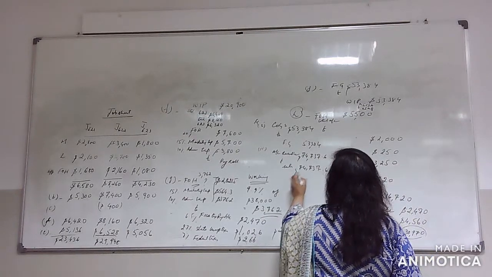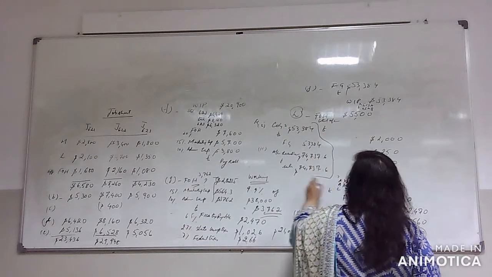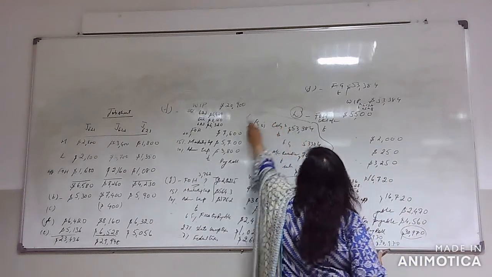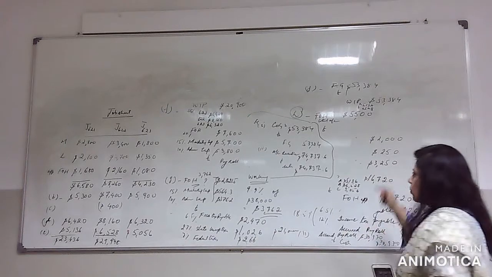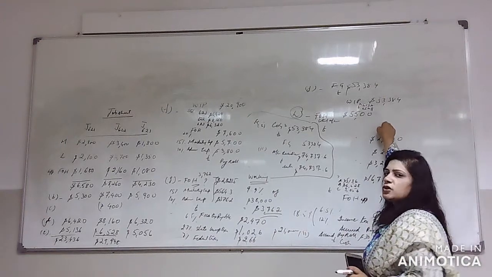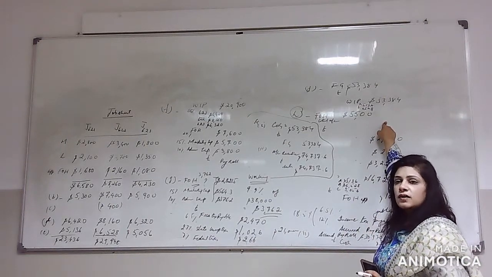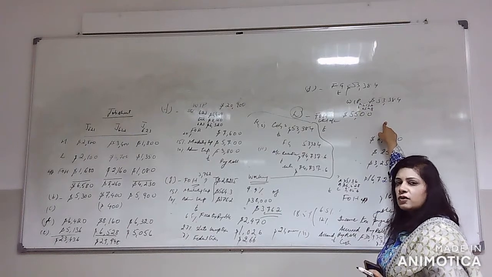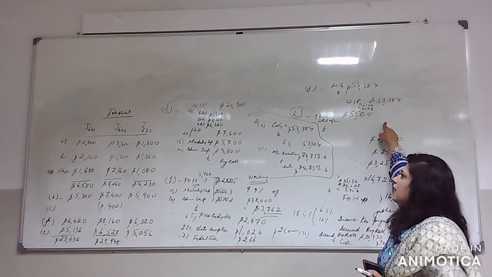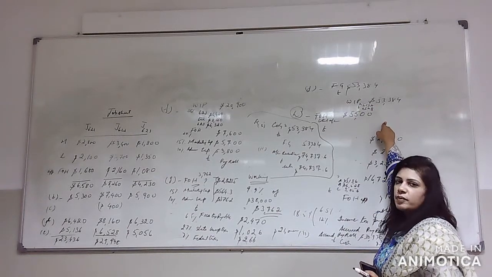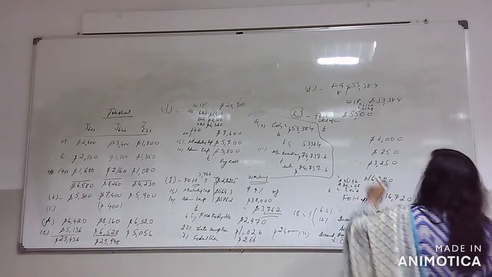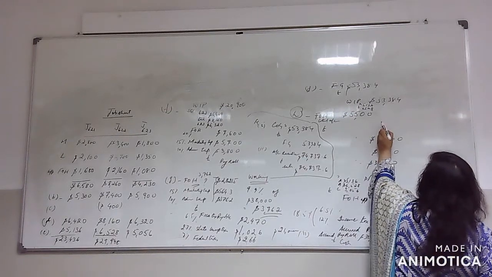Okay, this is the main entry for K. We have to first of all close the finished goods for cost of goods sold, because all the finished goods usually do not comprise of cost of goods sold. Then the profit margin is 40%. So what I did was that I multiplied this.